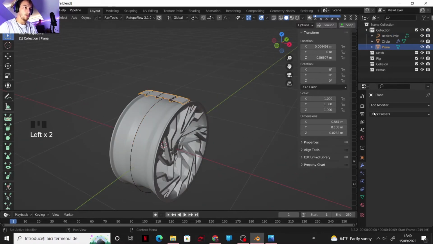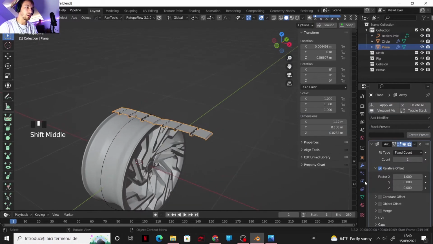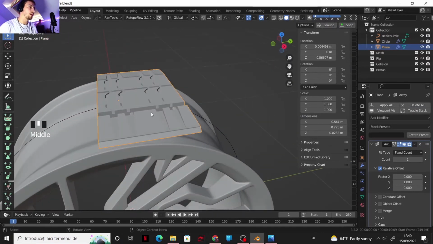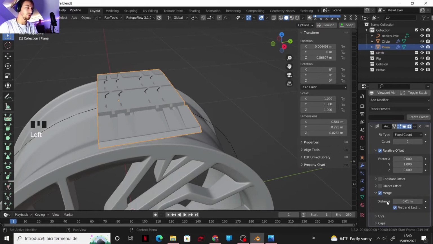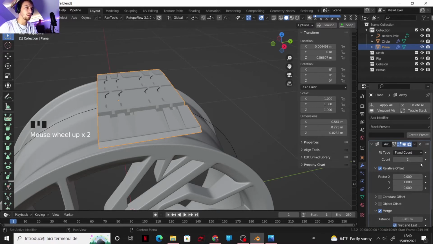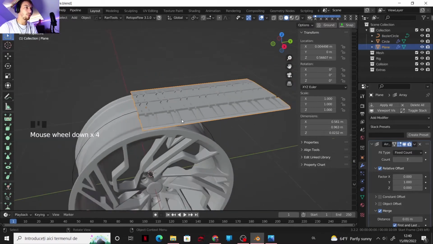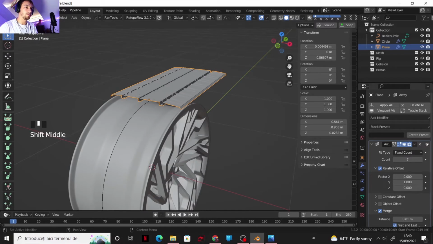Okay, so I'm gonna bring an array modifier with 0 here and on Y 1. This should be a perfect match. I'm gonna enable merge, check first and last, and for the distance it's all fine for the moment. I'm gonna bring 7 of them,